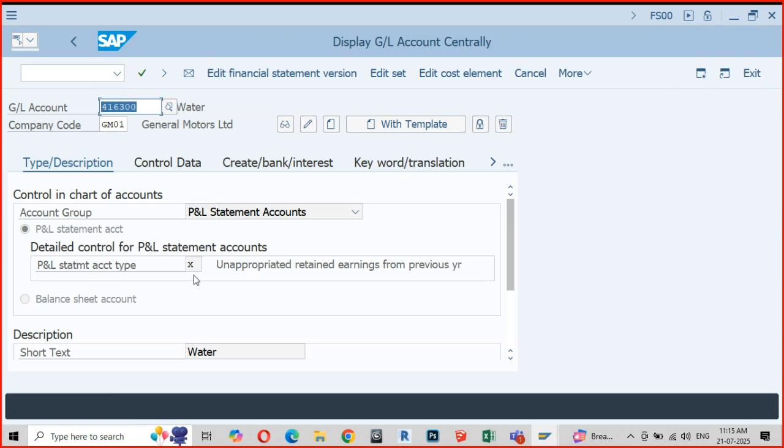Can you see the X? This is how the balance of any of the P&L accounts gets carried forward to your balance sheet. Is this clear? Did I answer your question?